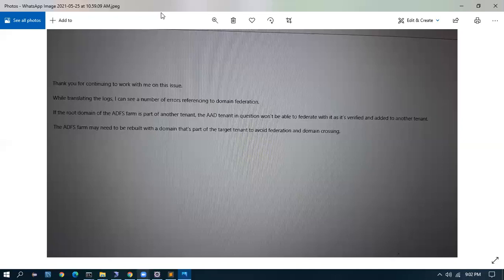To avoid the federation cross domain problem, cross domain means, like CSRF, cross site request forgery: if there are two servers with different domain names, they cannot talk to each other unless the server provides access. They have to confirm the access. Otherwise, the servers cannot talk. That is what cross domain means. So what they mentioned here is that it has to be in one domain. Both are in different domains, and that is why they are not able to talk. Okay, got you. All right. Thank you. Great. Super.